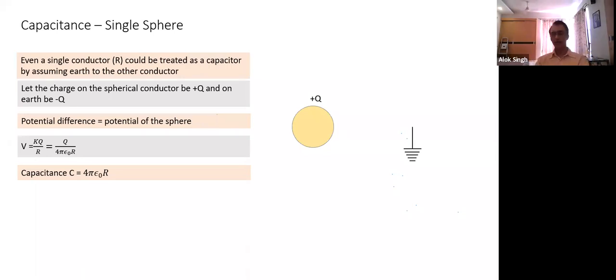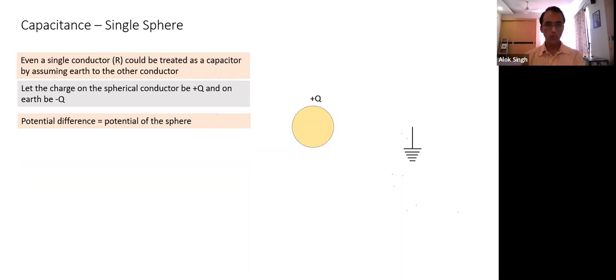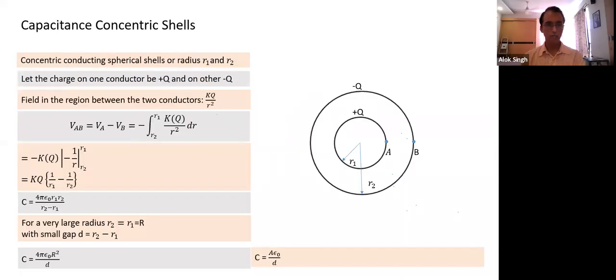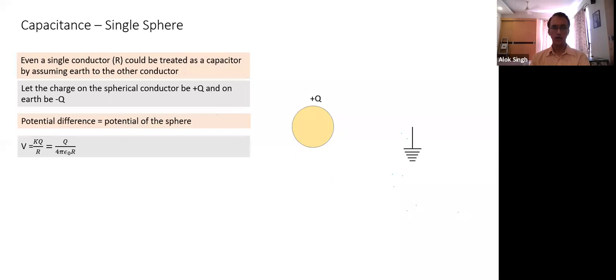So we have done three things. We have done capacitance of two parallel plates, A epsilon naught by D. The numerator is length dimension. Then we did two concentric spherical shells. The expression comes 4 pi epsilon naught times a length square term in the numerator and a length term in the denominator. Length square is R1 R2 divided by R2 minus R1. The third expression is for an isolated spherical shell: 4 pi epsilon naught into R, with length dimension.